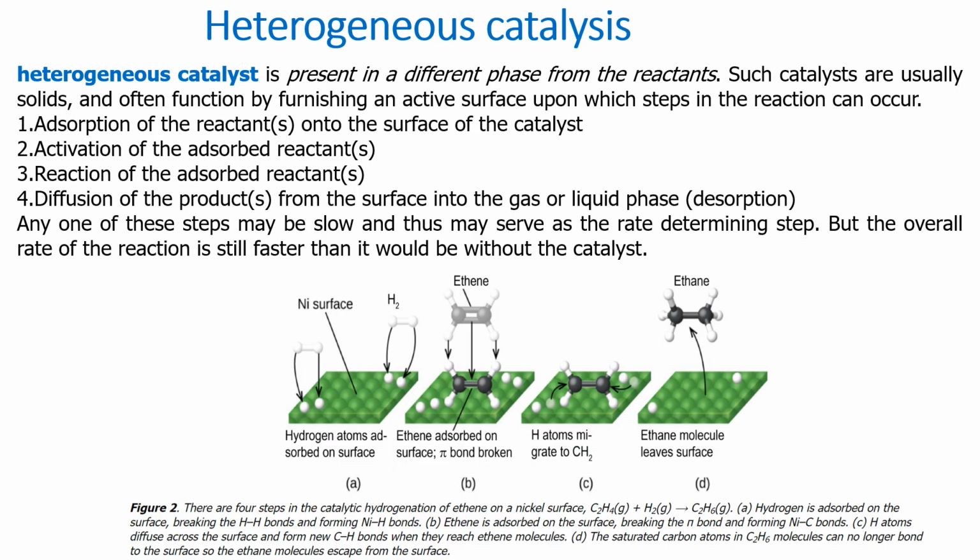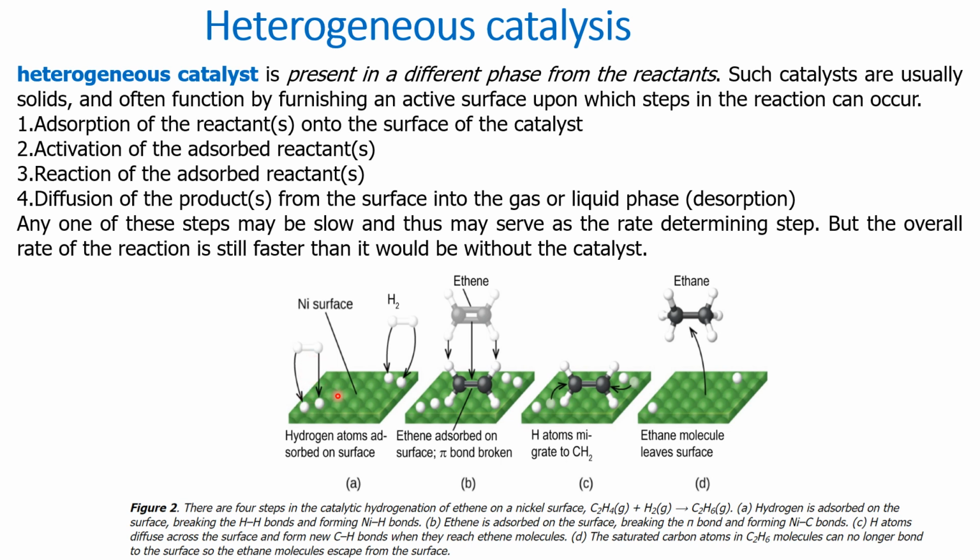Heterogeneous catalysis. In heterogeneous catalysis, the catalyst and reactants are in different physical forms. Usually the catalyst is in solid form, and reactants may be in liquid, gas or solid form. And these types of processes usually occur in different steps, although they are continuous, but for the sake of convenience and simplicity, they can be divided into four different steps. For example, here is a solid surface of nickel catalyst, which provides active sites for these reactants, which is actually